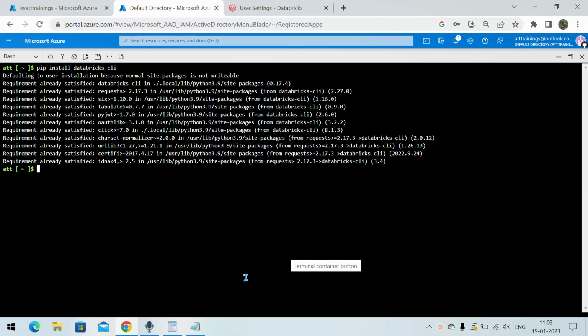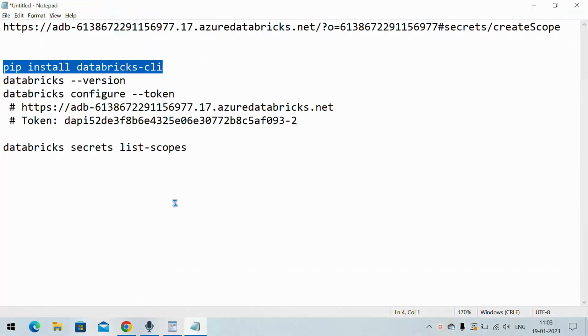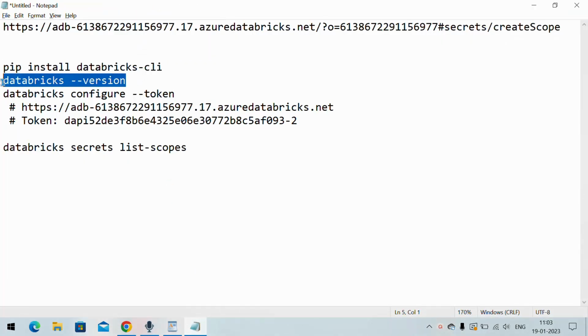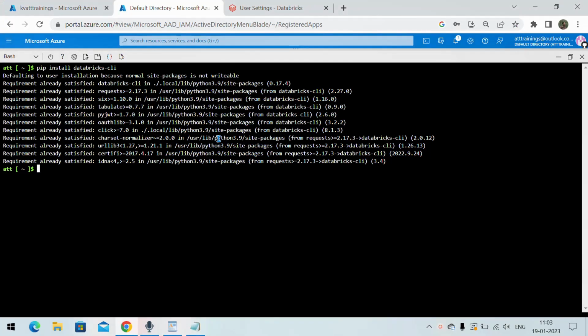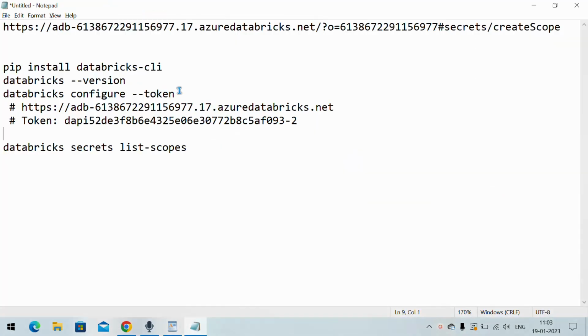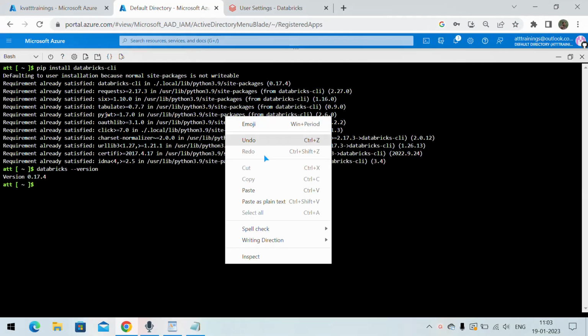Let us paste another command. It is showing what is the version of Databricks in our case. Let us paste another command.